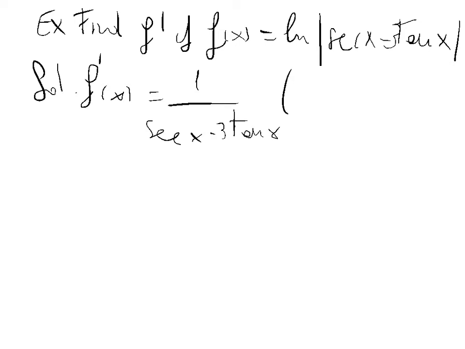So the derivative of the secant, which is secant x tan x, minus 3 times the derivative of the tangent, which is secant x squared. So we close the parentheses, and then what do we do? Well, now I'm going to leave the problem for you to finish, but now notice that, first of all, you